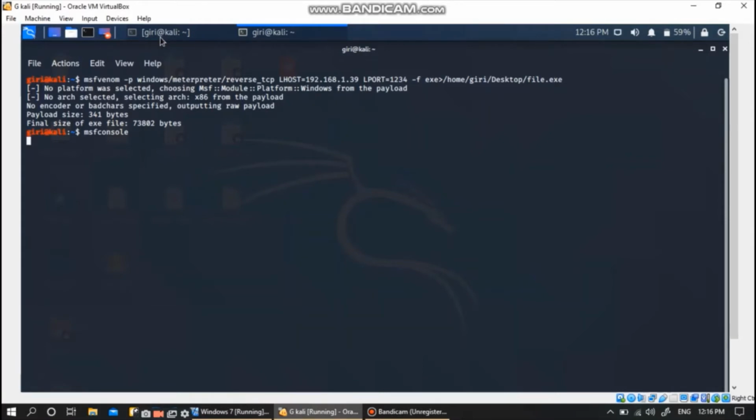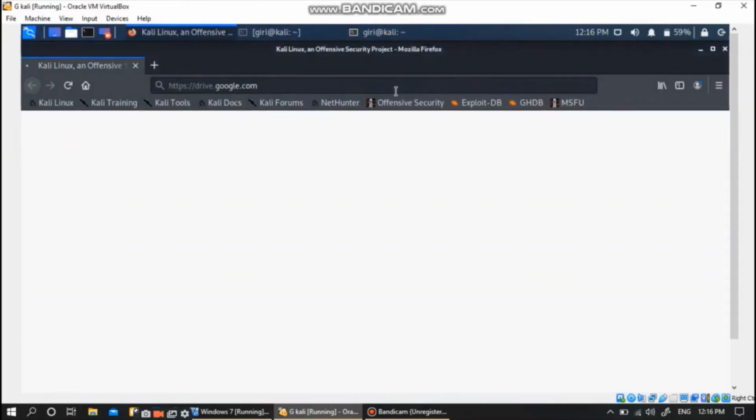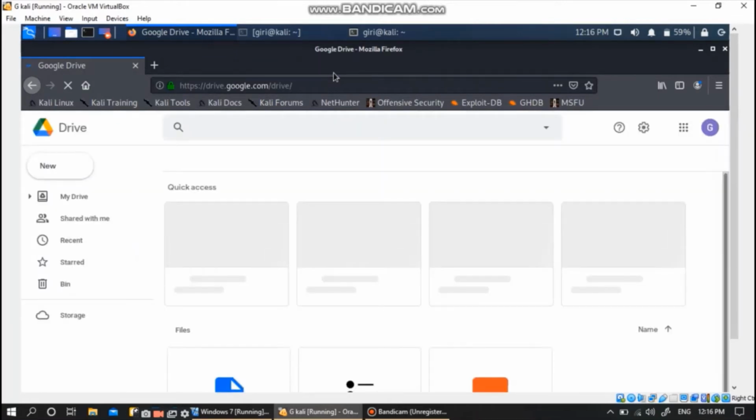And now we are opening the MSF console. So we are saving it in Google Drive, and we'll be opening this drive in the Windows victim system and downloading this exe file.